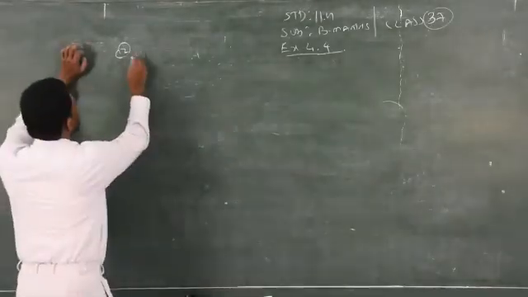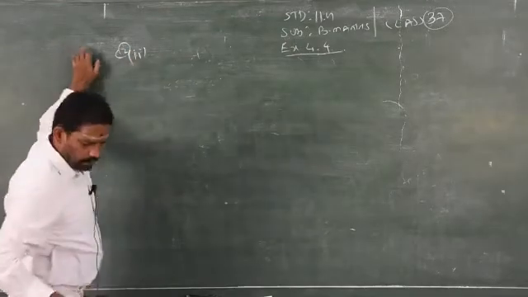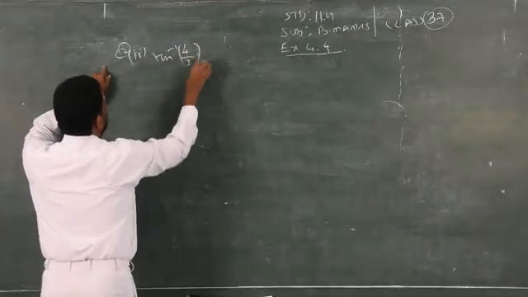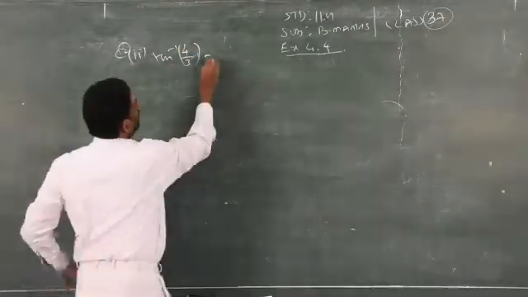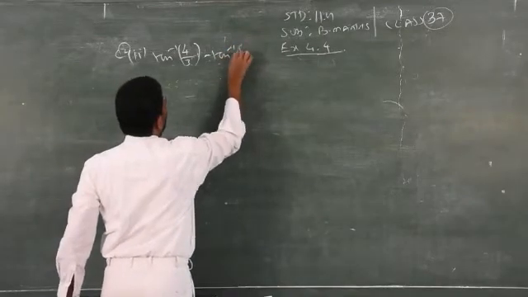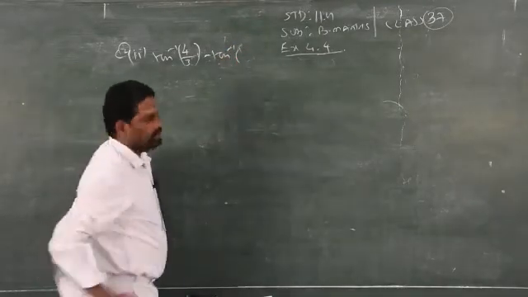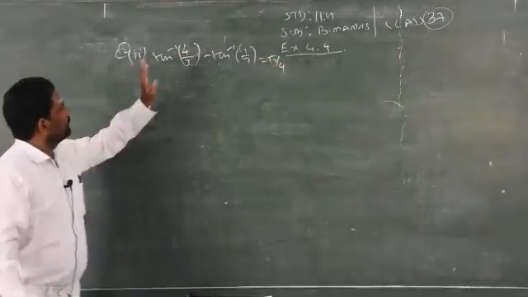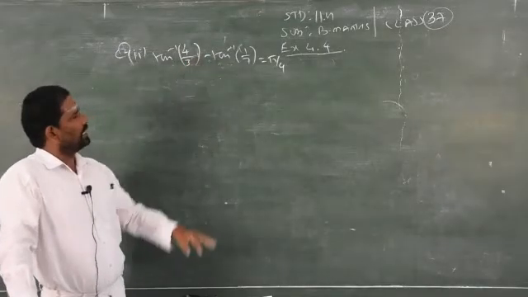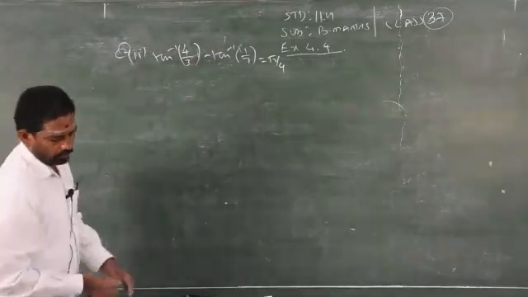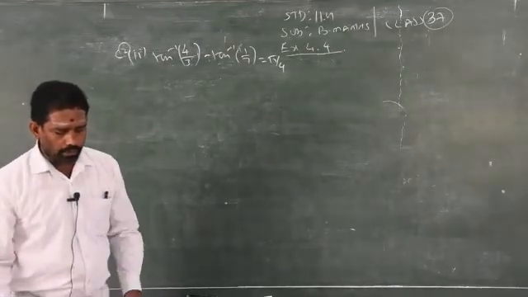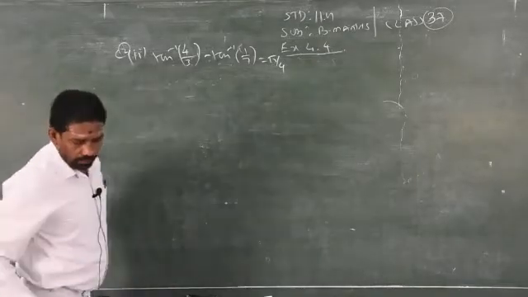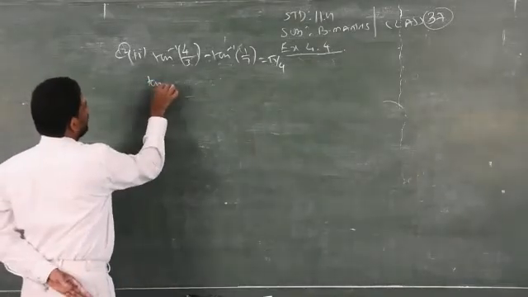The second subdivision of the same second Roman number: tan inverse of 4 by 3 minus tan inverse of 1 by 7 is equal to pi by 4. So you have to prove that tan inverse of 4 by 3 minus tan inverse of 1 by 7 is equal to pi by 4. So you have a formula under the property number 5. You see the property number 5, there is a formula given for minus as well as plus.